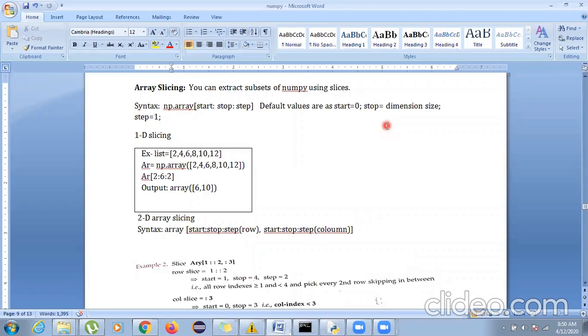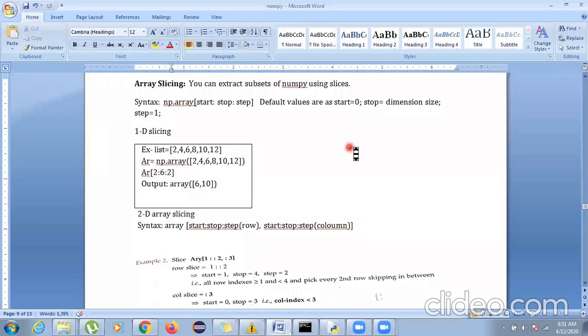Stopping index says whatever your nth element is, you generally take the n-1 position. You don't take n. This is the rule. That stop means not only stop, but stop equals n-1. Whatever the last index is, -1 should be the rule for your stop situation. But for starting, it is not like that. Start should be from 0 only. I hope it is clear.